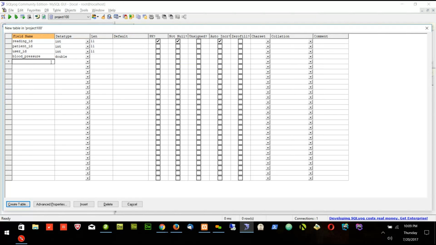Blood pressure is two kinds, the high number and the low number, upper or lower. Let's take integer. Maybe I can put 11, and here also I'll take integer. And I will also put sugar level, blood sugar. In sugar there is fasting